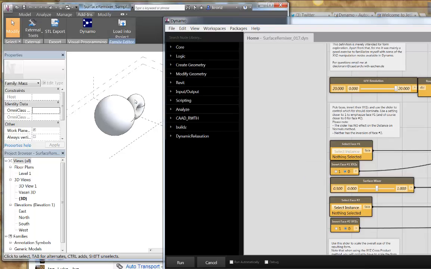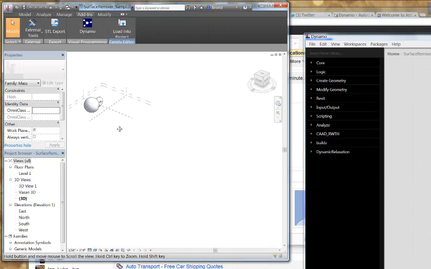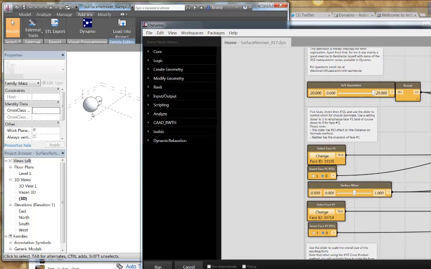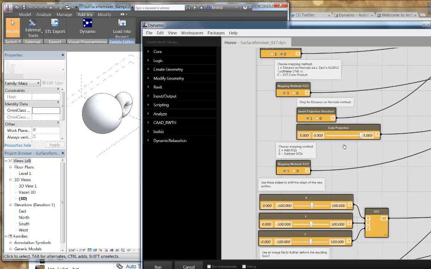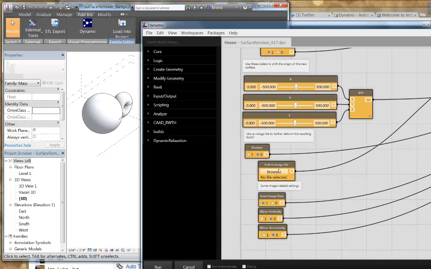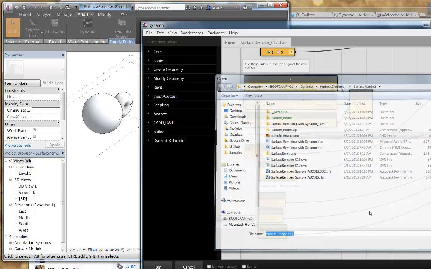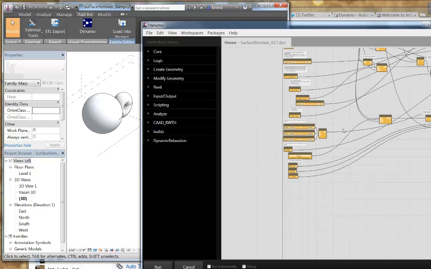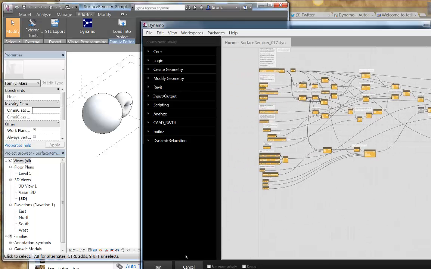I'm going to select a face instance and select another face instance here, and I think there's a couple of other optional ones that I'll also get. Oops, I just lost my file. There he is. And there's a lot of notes, there's a lot of reading you can do here, and it also would like to have an image file. So I have an image file. And it looks like I've got all my connections set up now, and it should be good to go. I'm going to run it,